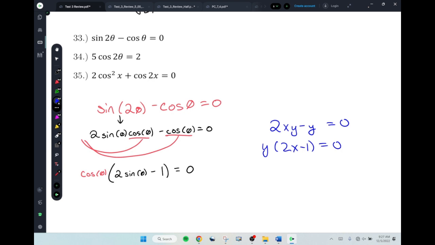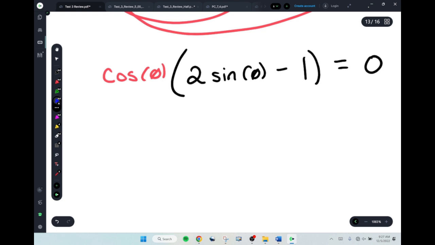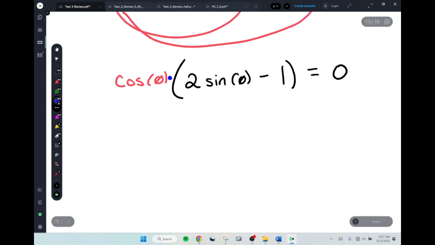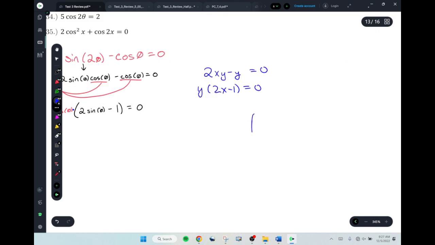Oh, what? I didn't hear him. What'd you say? Oh, yeah, individually set them. You individually set them equal to 0 because of this times sign, right? The times sign is the only thing that does it. If it was a plus sign, it wouldn't do it. If it was a minus sign, it wouldn't do it. If it was a division sign, it wouldn't do it. The times sign is the only special thing we have in the world that says A times B equals 0